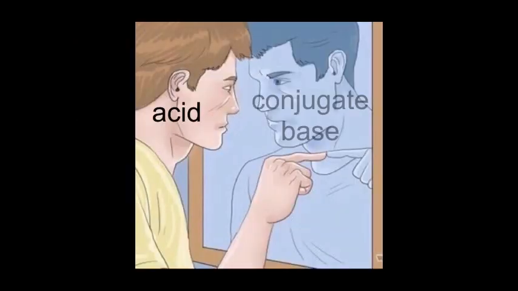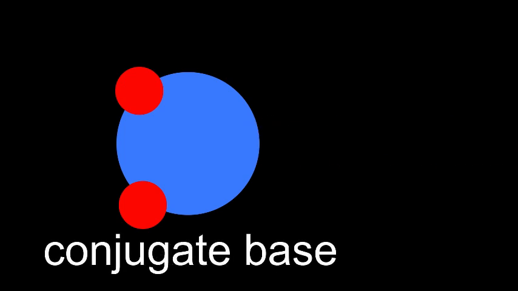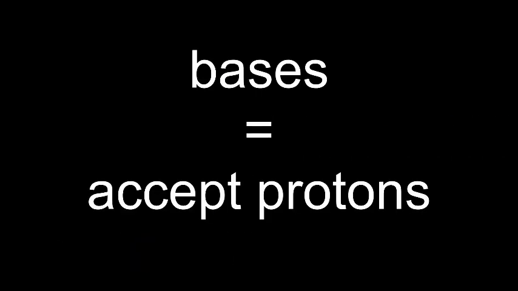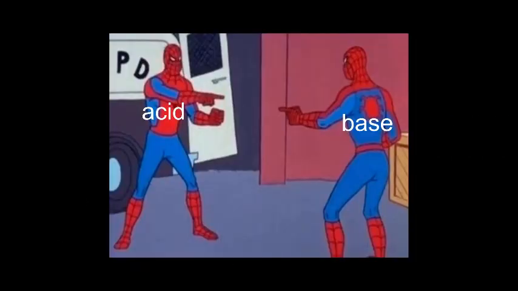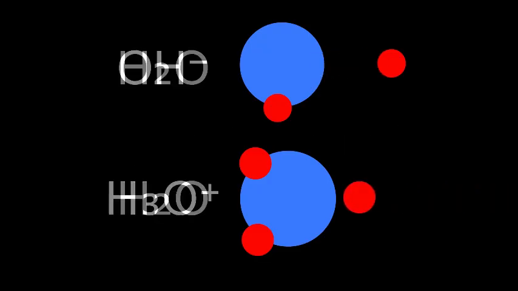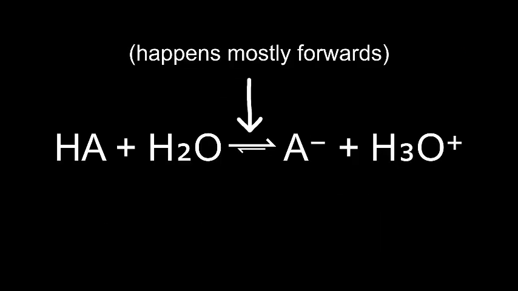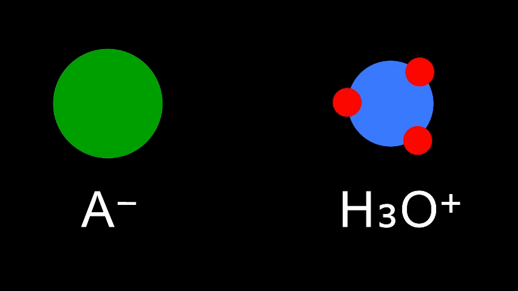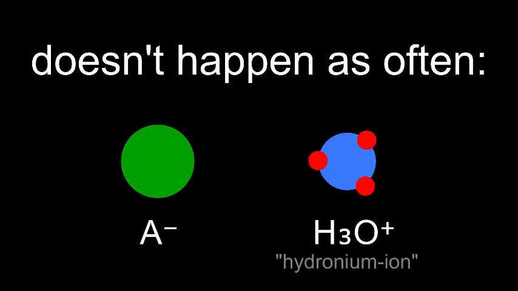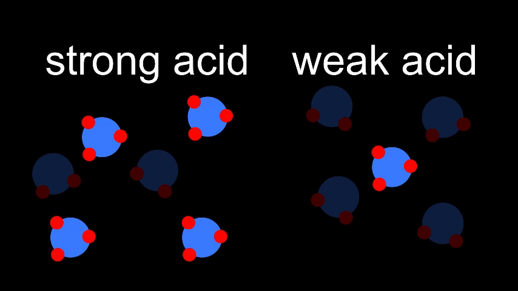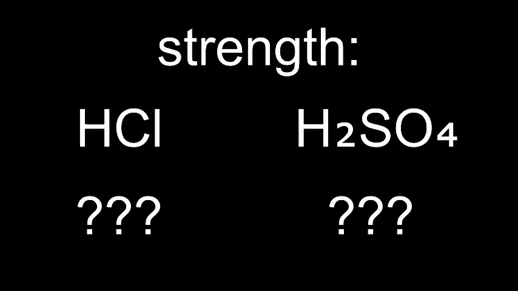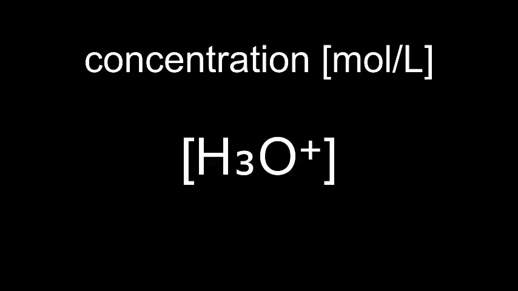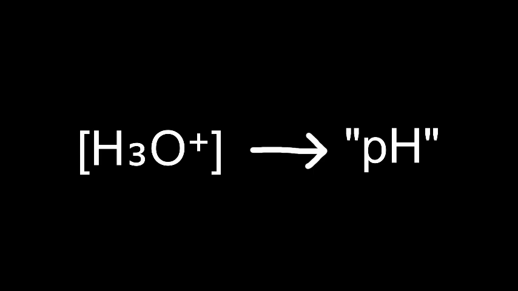This also means that once they react, they turn into the conjugate opposite, as an acid that gave away a proton can now accept one back, which is what bases do. A molecule that can act as both an acid and a base is amphoteric, for example water. A strong acid will dissociate almost completely into its ionic form, giving off a lot of protons to the water and therefore creating lots of hydronium ions. A weak acid just won't dissociate nearly as much, giving us a lower concentration of hydronium ions. So, to measure the strength of an acid, we can measure the concentration of hydronium ions. This is called the pH.